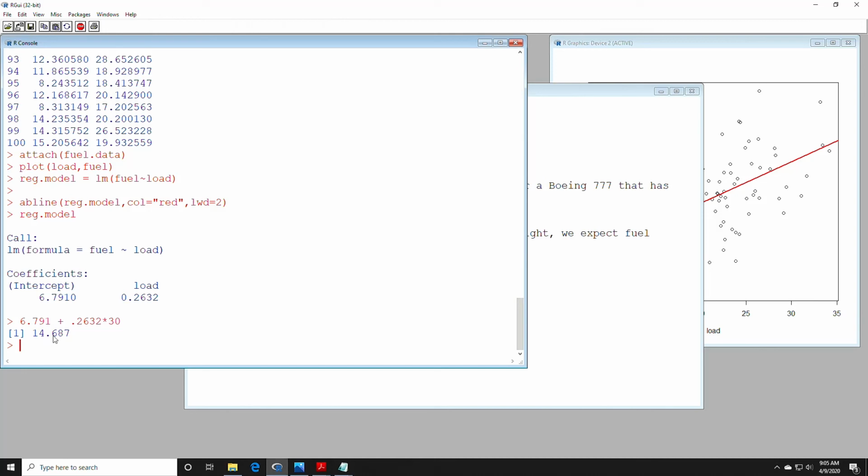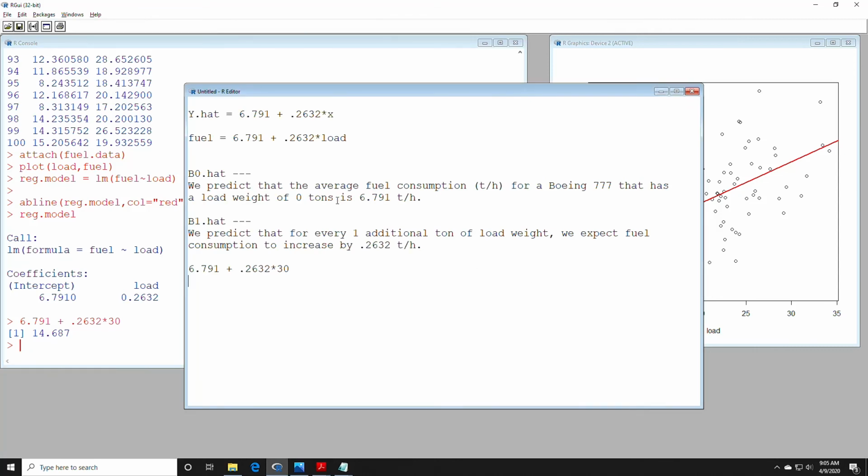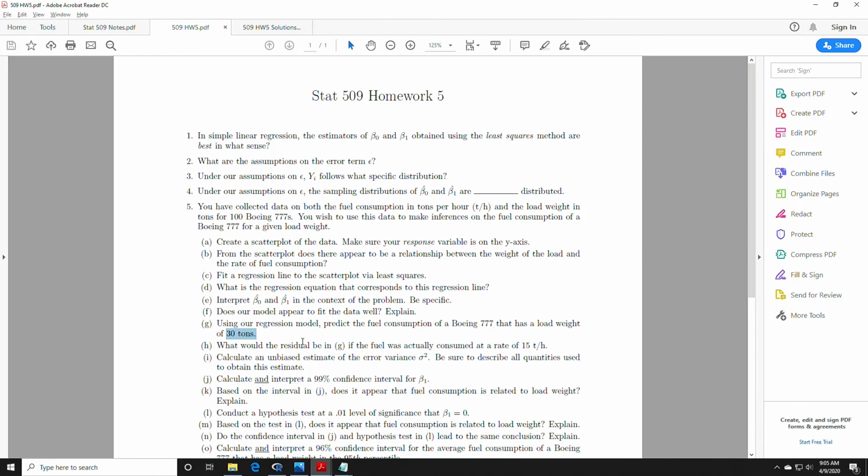We estimate that the fuel consumption is going to be 14.7 tons per hour when we have a load weight of 30 tons. Okay, so to predict y, you simply plug in whatever value of x you're interested in to get your value. Okay, what would the residual be